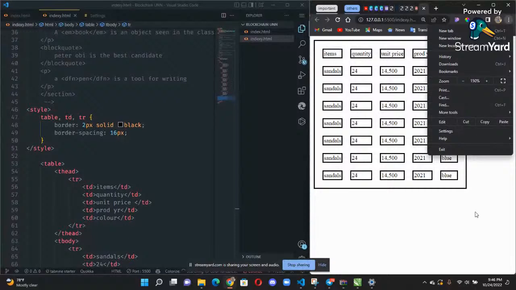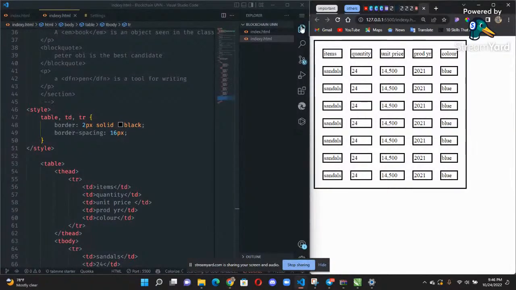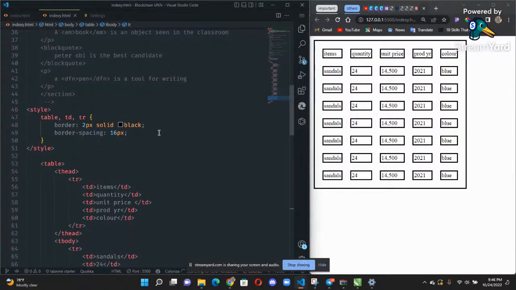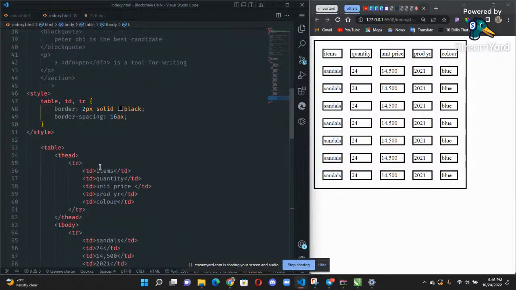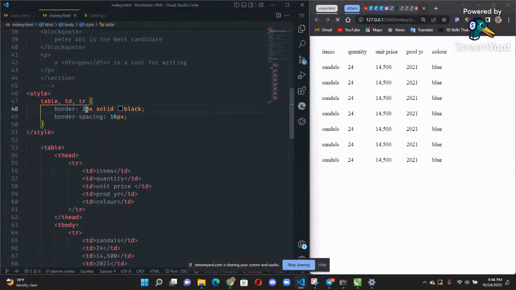Okay, you guys can see it now. Basically, this is majorly what table is all about. You want to use the T head, the T body. Remember, I said that every row, by every row, I mean from here down. Okay, wait, let me use 1 pixel solid so it will be good enough.